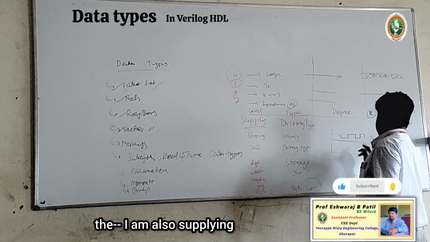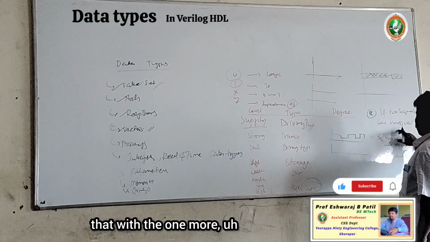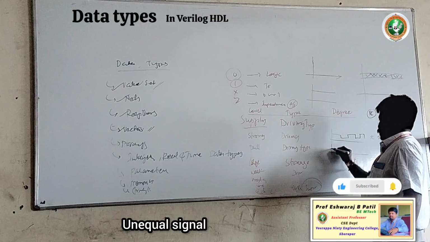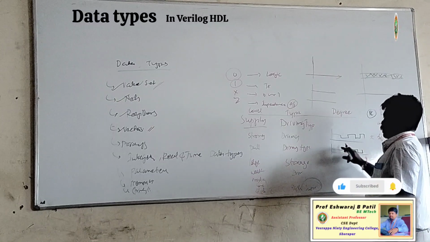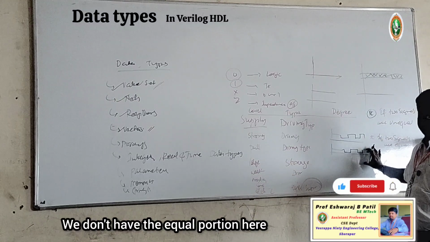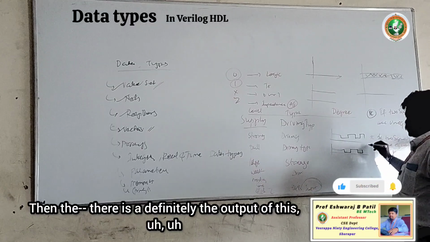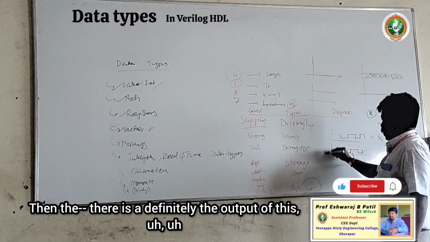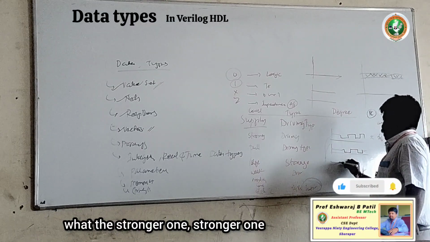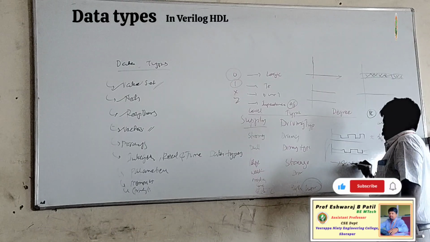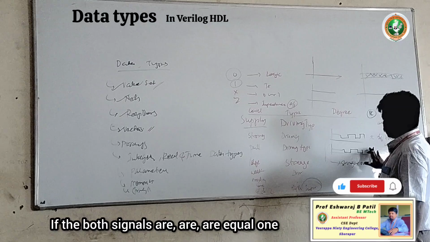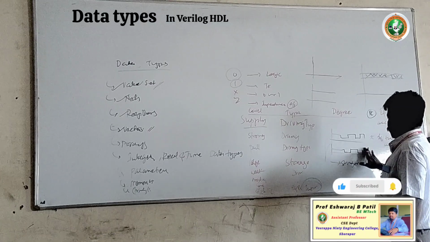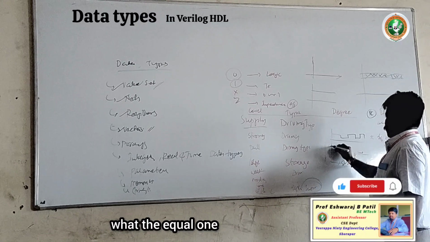I am also supplying one more signal, and the two are unequal. We don't have an equal portion here. With unequal signals, the output of this combination will definitely be the stronger one. If both signals are equal,